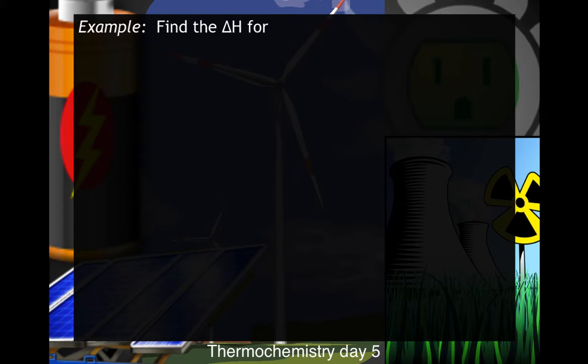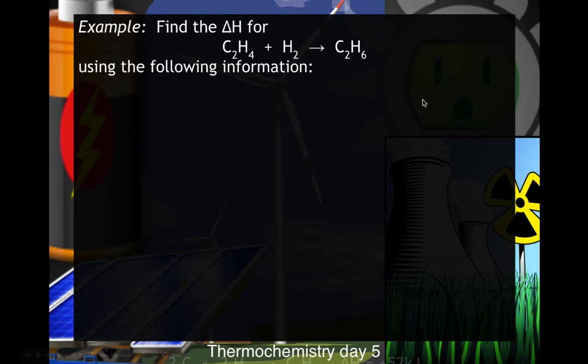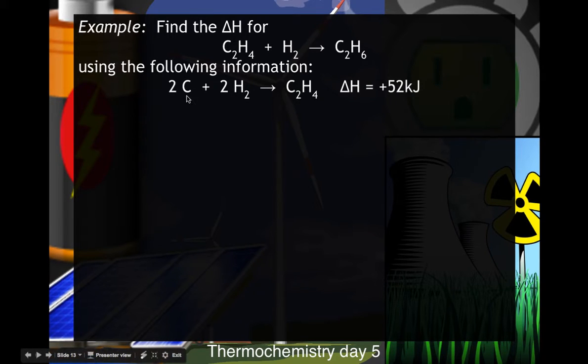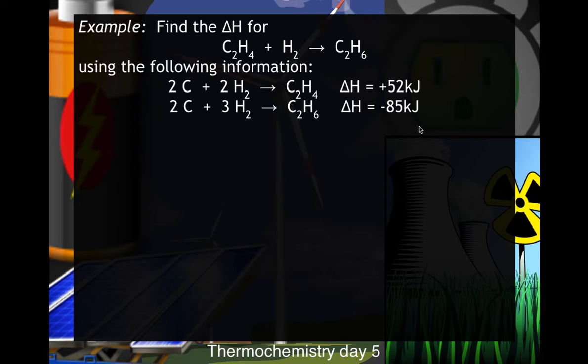So if we're asked to find the delta H for C2H4 plus H2, which will produce C2H6, there's one of our reactions. You're going to be given the following information. In order to produce our C2H4, here's the delta H. In order to produce C2H6, here's the delta H. So I've got a negative number and a positive number. When I put these together,